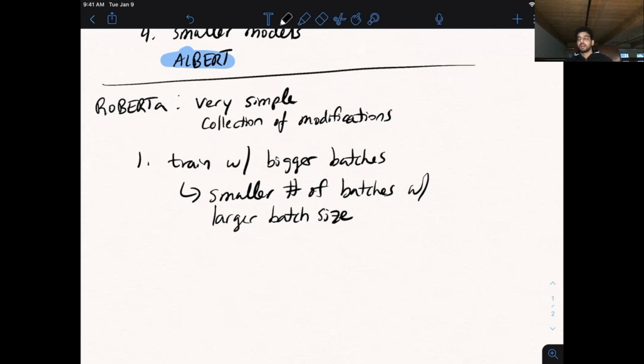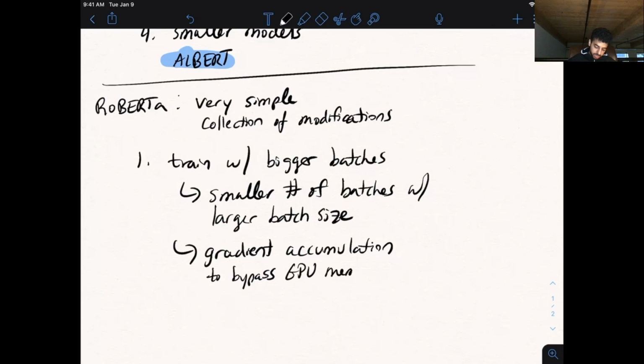So how are you with your single GPU going to be able to train with a larger batch size? And one really simple way of doing this in a memory constrained setting is gradient accumulation, to bypass